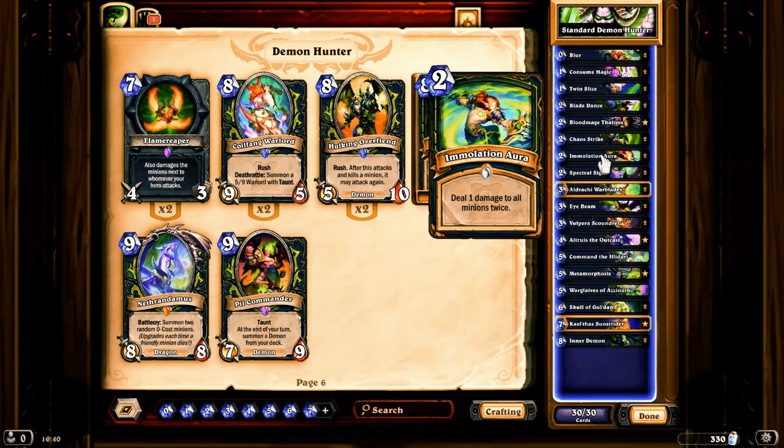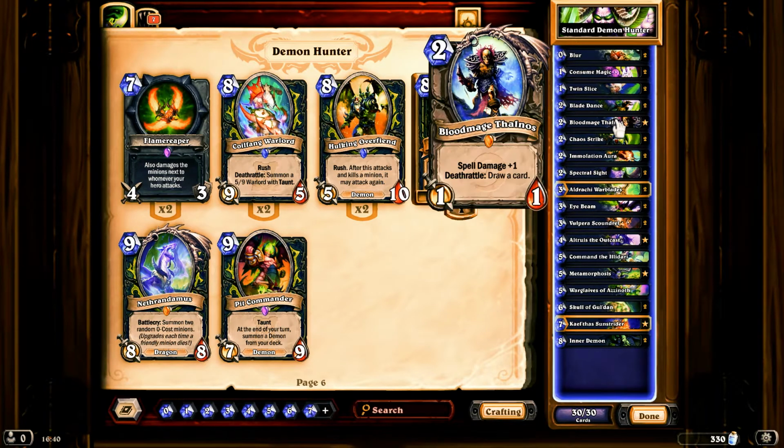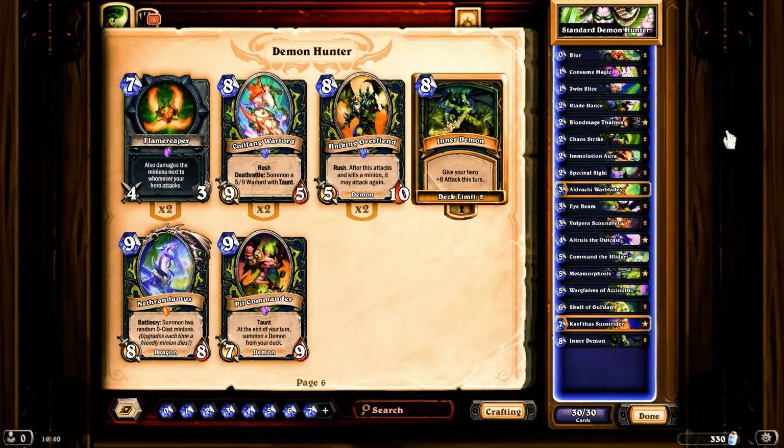One of the reasons why I like this deck is this card, Immolation Aura. It's a pretty powerful card. If you combo it with Thalnos, that's going to give you 3 area effect damage and a card draw for 5 mana, which is pretty cool. There's lots of really interesting ways to...